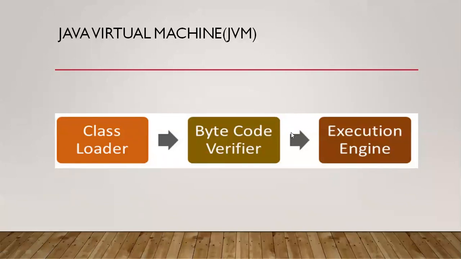After the bytecode verifier, we have the runtime memory part in the JVM. That runtime memory part will allocate the memory for each and every object of the bytecode. After the memory allocation and storing into the runtime memory, the program is sent to the execution engine. The execution engine has two translators, an interpreter and a compiler. These two translators change our bytecode into machine code, and finally we get the machine code output. This is the job of the Java virtual machine.